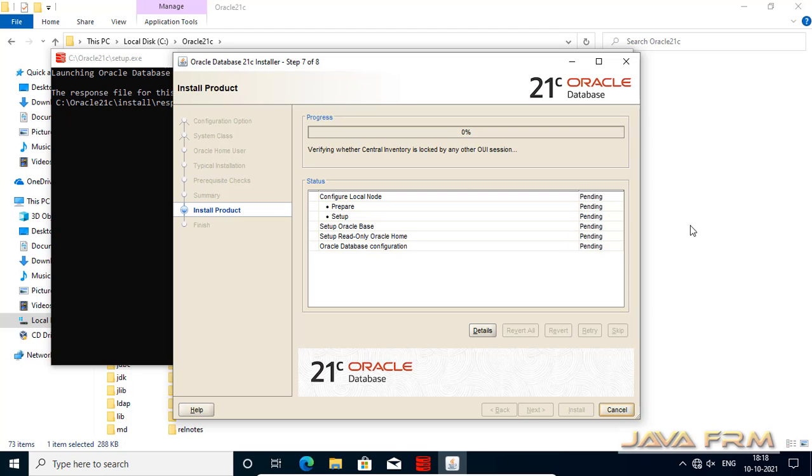So we are installing Oracle Database 21C Enterprise Edition on Windows 10 now. Make sure that you have unblocked the Windows firewall if you are a beginner.